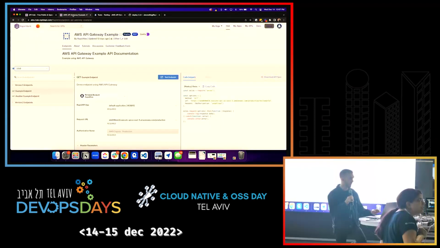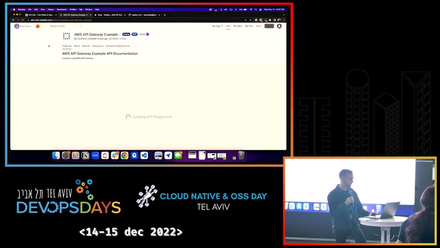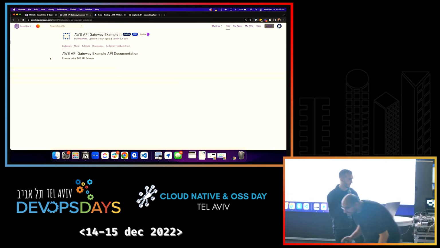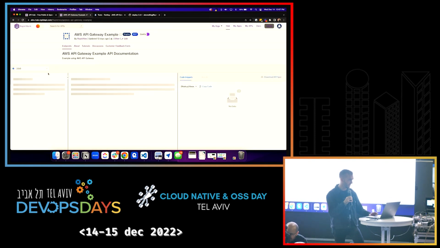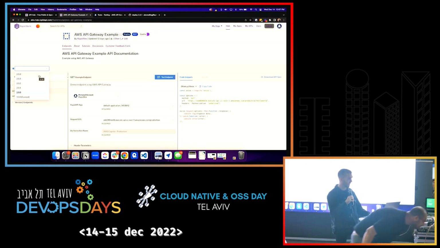So we can actually go back to this API right here, refresh the page, and the Wi-Fi in the convention center is a little bit slow, so bear with me here. But as you can see, we've gone ahead and published that new version. So now all the consuming developers know what the new functionality, endpoints, and parameters are going to be.